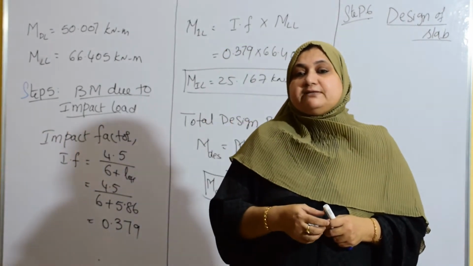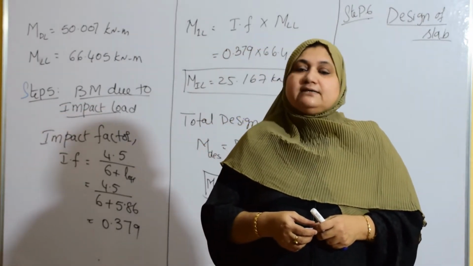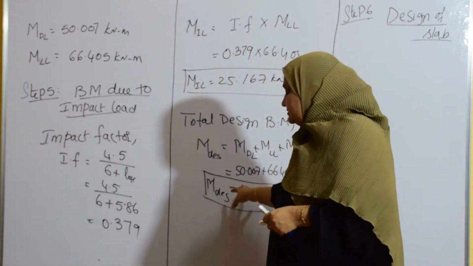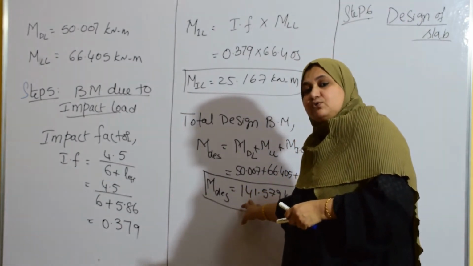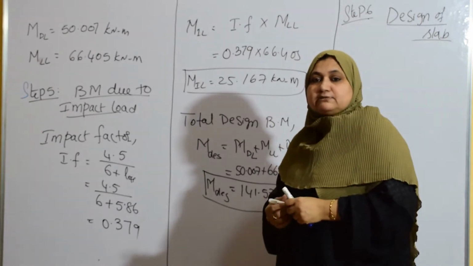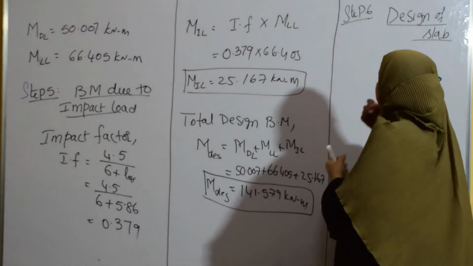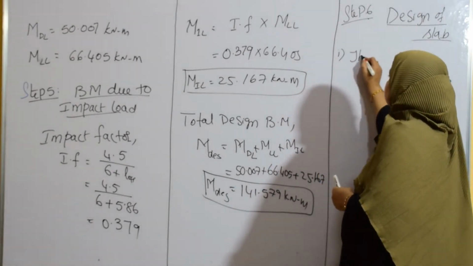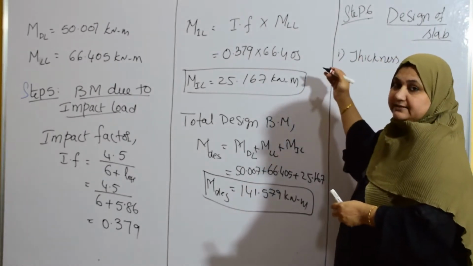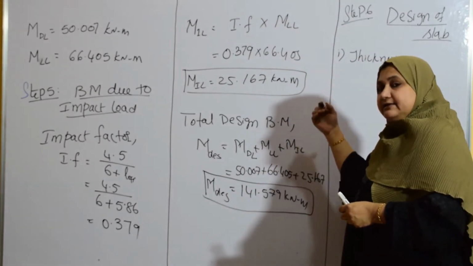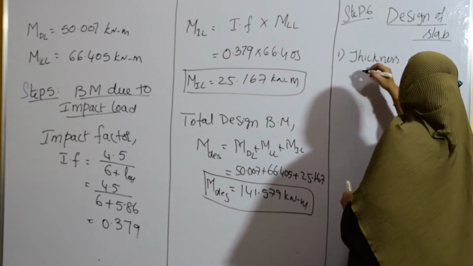And the second design will be the steel design, that is, reinforcement design. How much steel has to be provided, that is the second part. So based on this, what is the thickness of slab required to resist this bending moment, and how much steel is required to resist this bending moment. That is what is called design of slab. So first I will find out the thickness of slab. Then I will subcategorize into first concrete design, second steel design, and third distribution steel. In that way you can remember it very well.